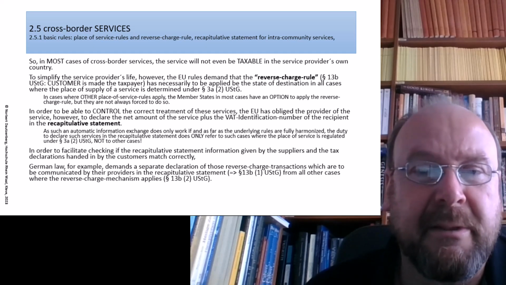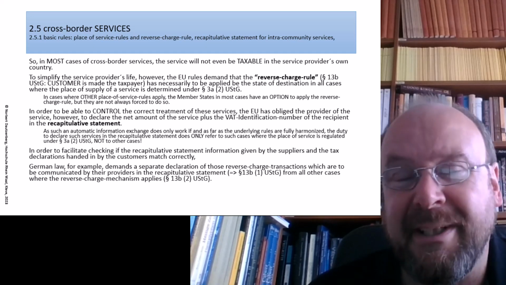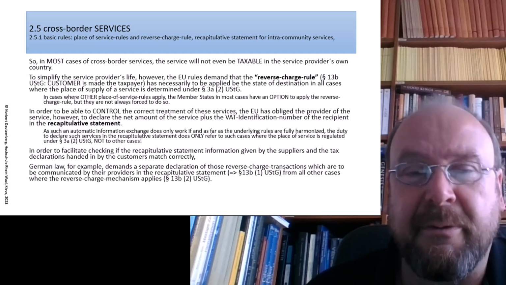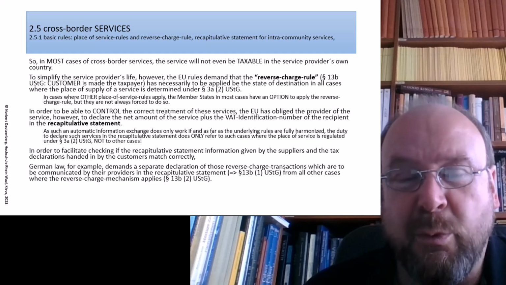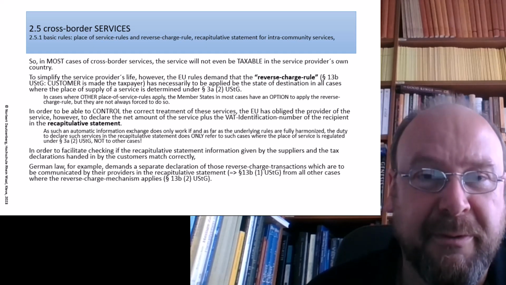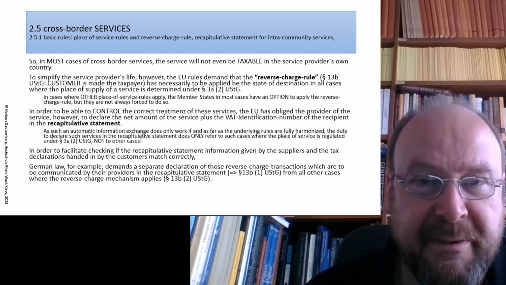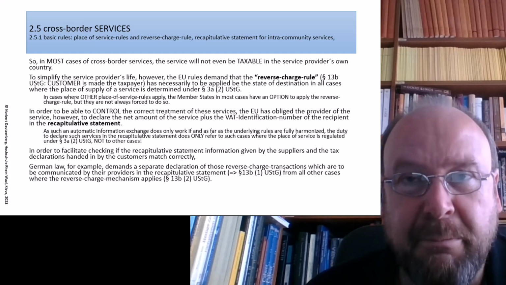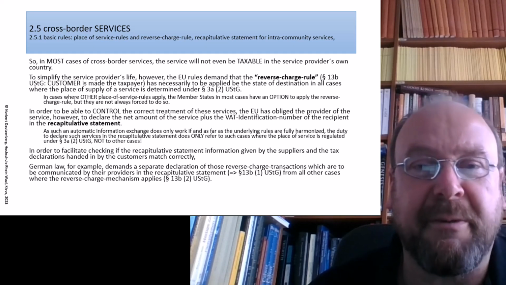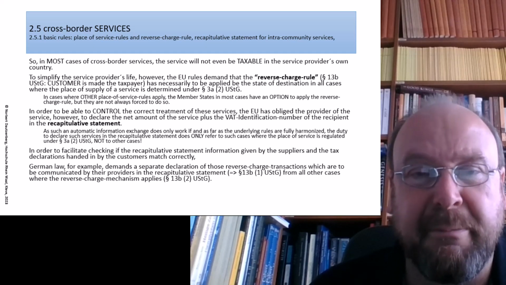That has been introduced probably only for the purpose that the fiscal administration gets in your tax declaration in Germany two different totals for cross-border services. One line for 13b1 is the total for all the services which you bought from other EU providers, and where the fiscal authority then can compare your declared number with the number which follows from the recapitulative statements from all other member states, and they can see if it matches.